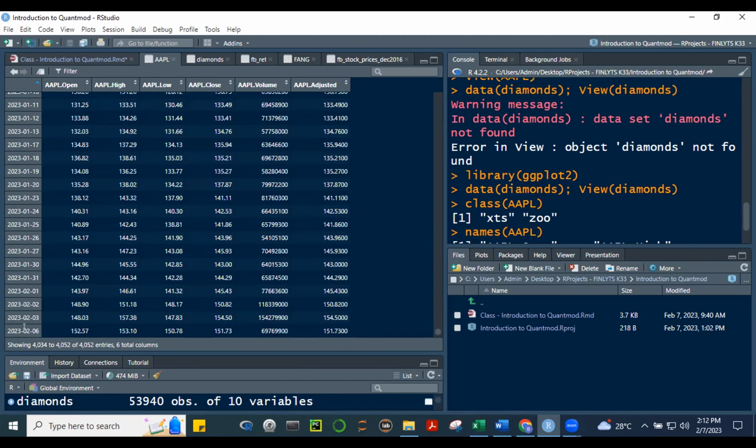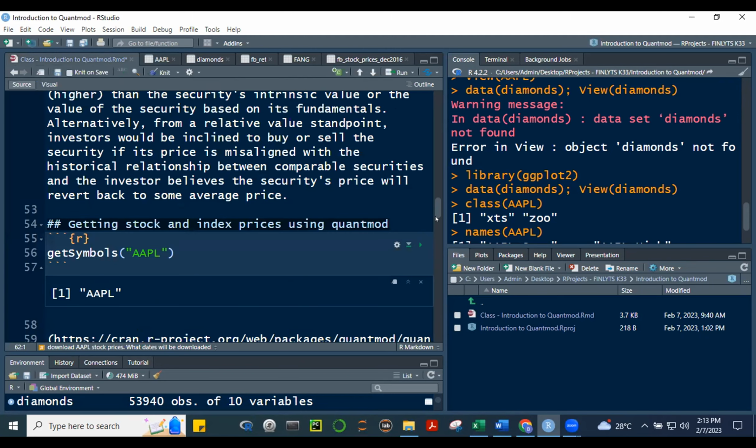Yesterday, February 6, 2023. So getSymbols, if you're going to use it this year, will start in January 2007, and end at the most recent trading date. All right. Now, of course, you can also